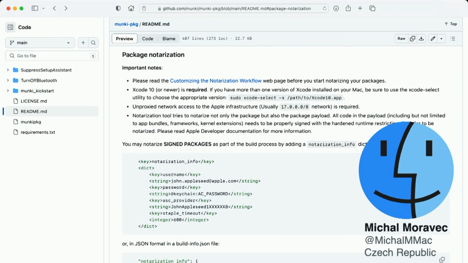And among other things, Munki Package supports signing and notarizing packages. In most cases, Munki itself doesn't need signed or notarized packages, but you might use those features if you're using Munki Package to build packages for other contexts. Packages that people might manually install, or packages that you have to upload to an MDM or that sort of thing. And Mikhail Moravec from the Czech Republic did the work to add support for notarization,